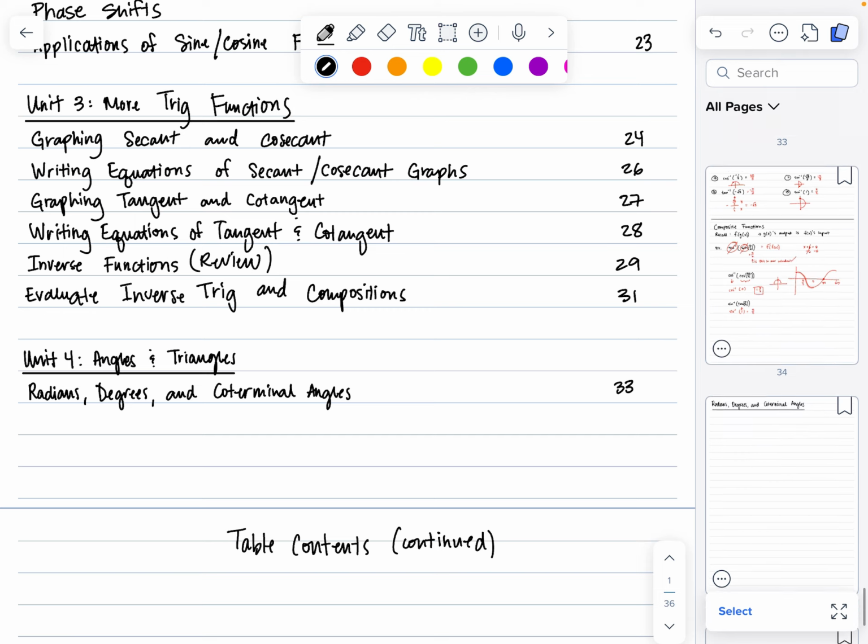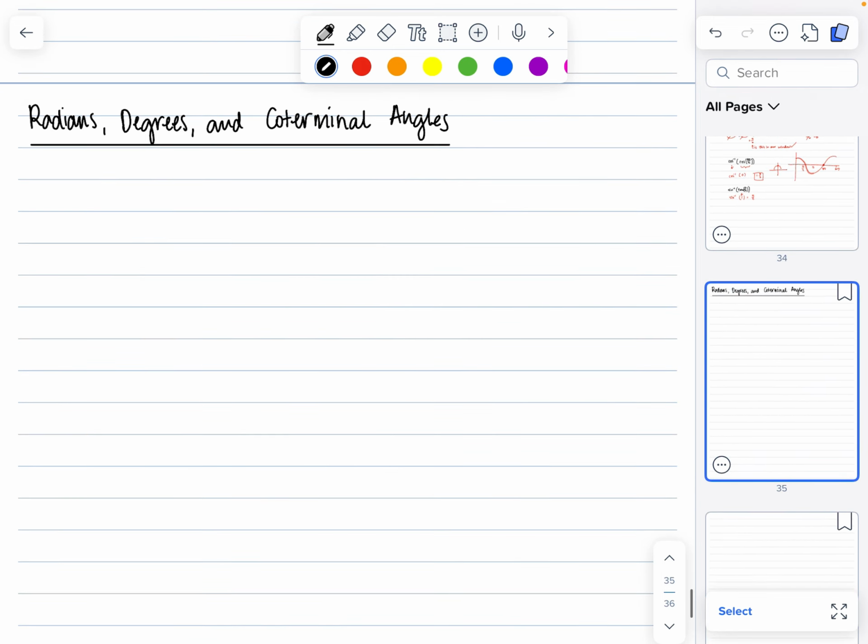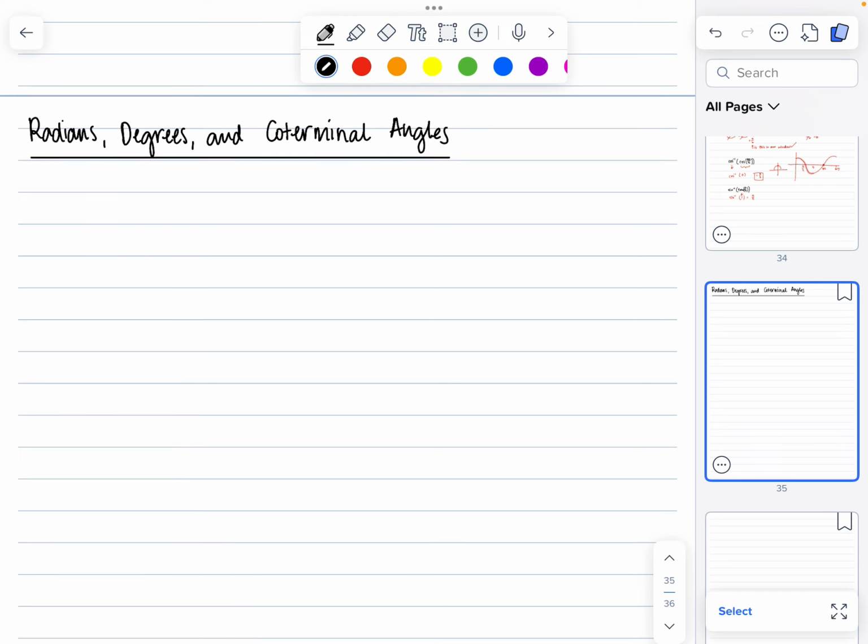So I'm going to jump right to the actual page where we're going to start our notes. And we're going to talk about radians, degrees, and coterminal angles. So first things first, what is a radian? A radian is pretty much